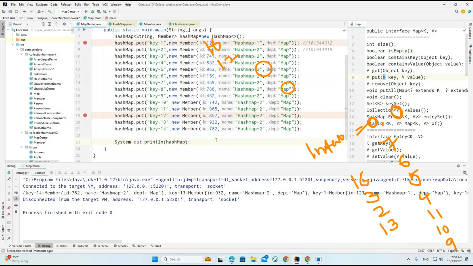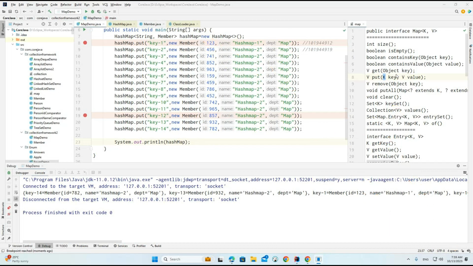Okay, so this is a very important example we discussed. Any questions? Does anyone have any questions about how the HashMap works internally? Okay, so this is a very important example we discussed here. Now we understand how the put method works. The same way we can work with the